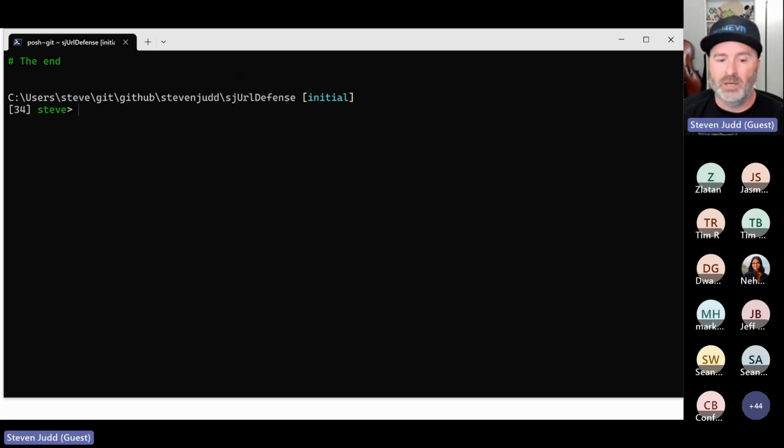Which was basically, doesn't matter which way you go, they all at the command prompt get you the same result. I'm looking at the chat, I don't see any questions.